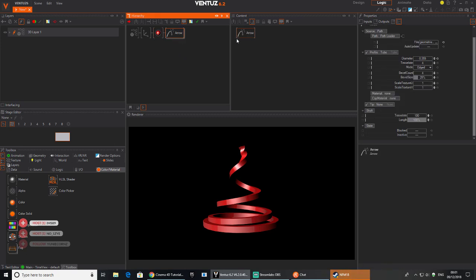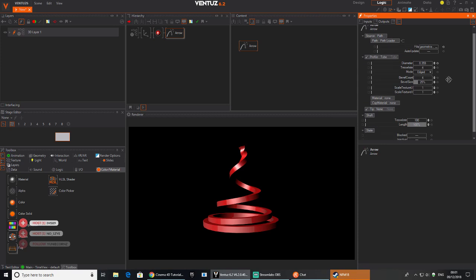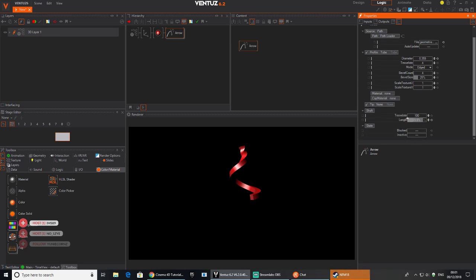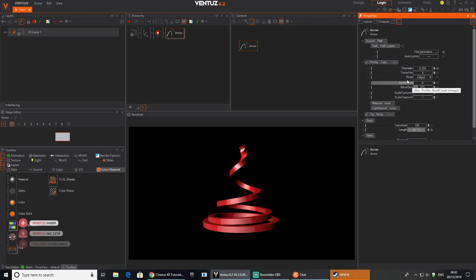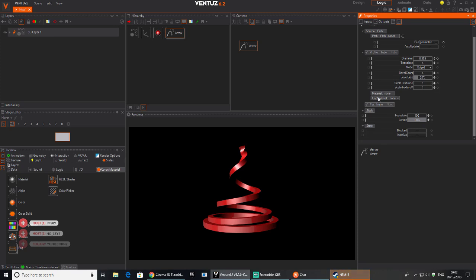If we go here to the arrow properties, we've got the length. Now I haven't figured out with the arrow tool if you can reverse the spline path, because this only goes from 0 to 100, but it's doing it from this way. I haven't found any options anyway. There might be an option to reverse the direction of the length. I'm sure there would be, but since I can't find it,